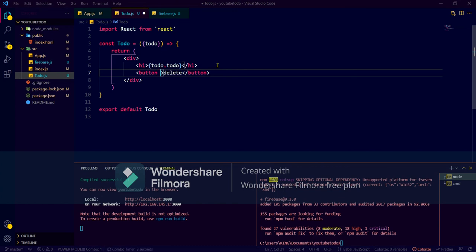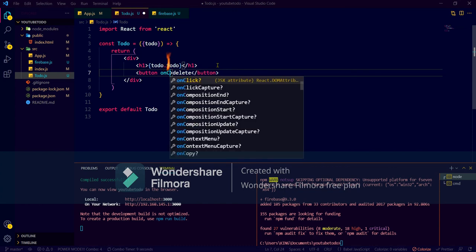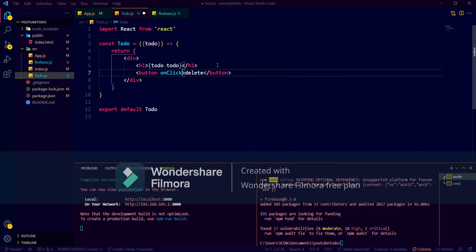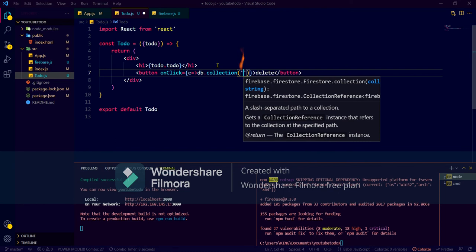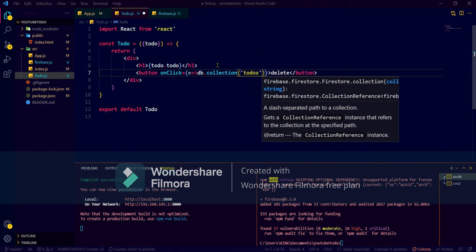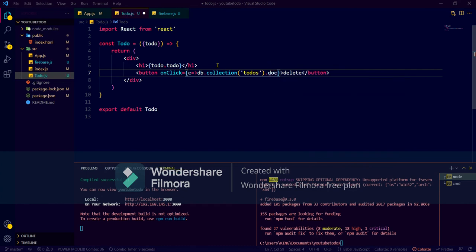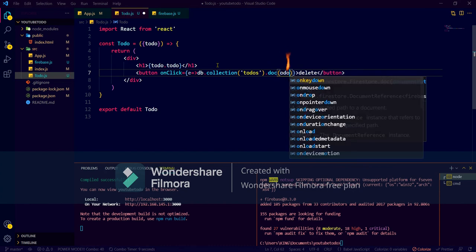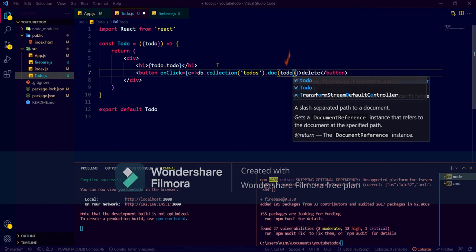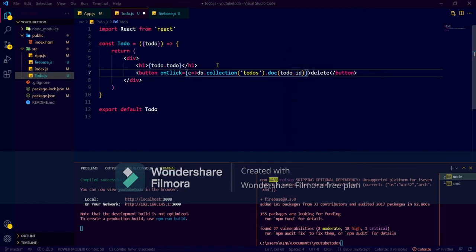We can do that in this one line also, with onClick, and in the curly braces we write db.collection('todos').doc of that id, and just .delete() that.